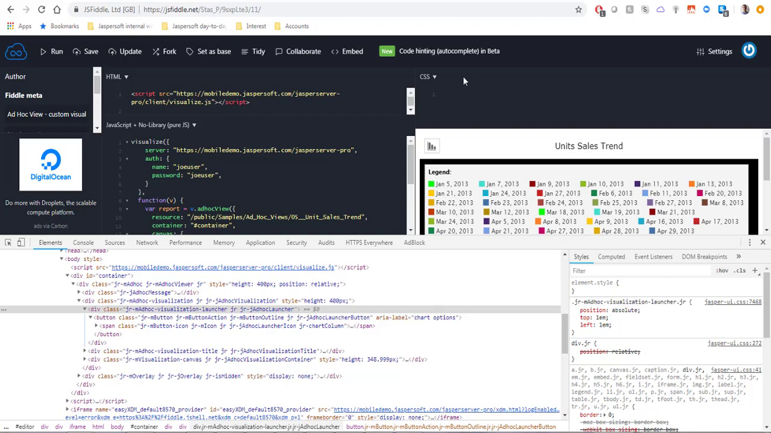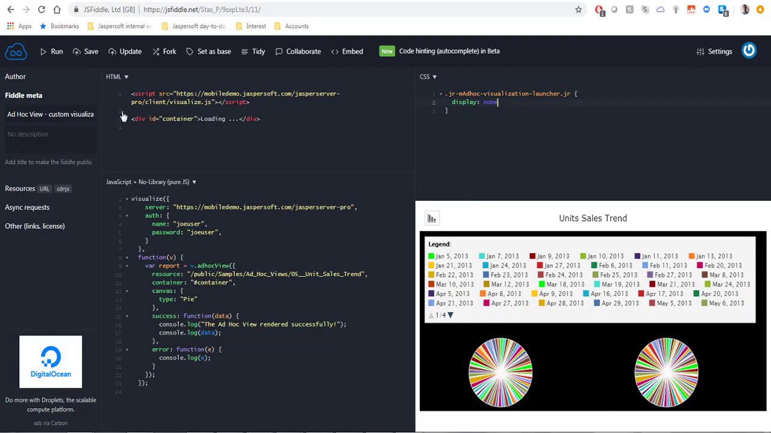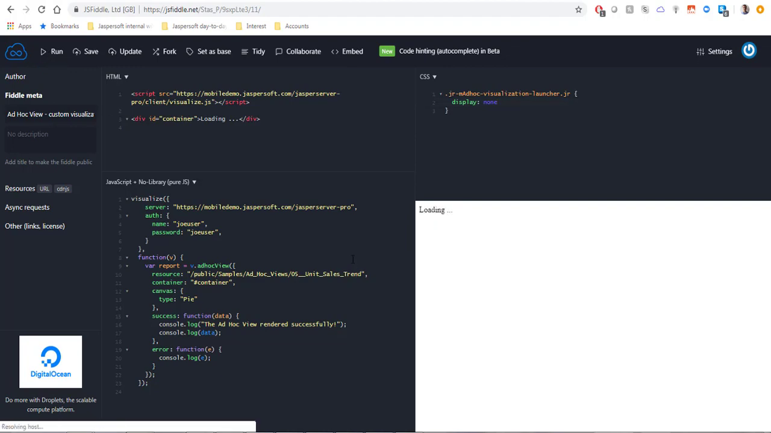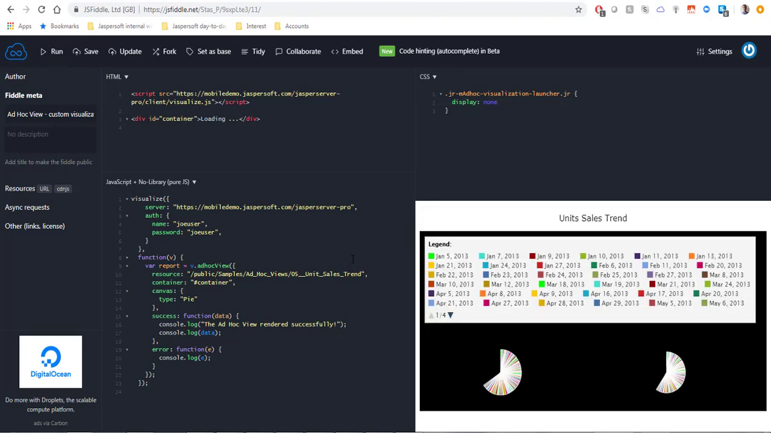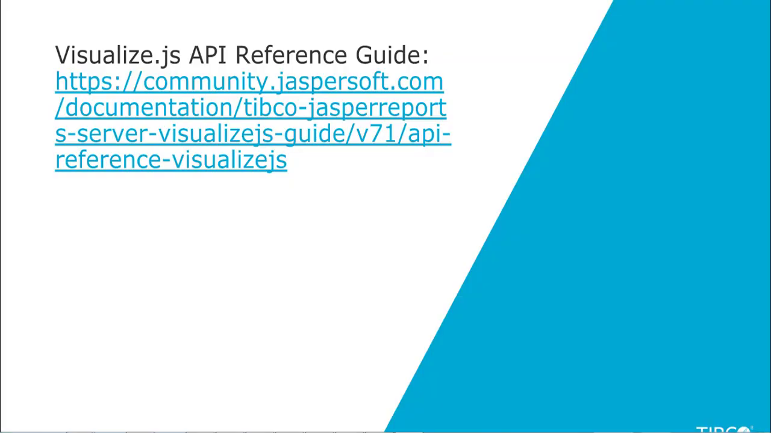So we're going to take this class and we're going to add a CSS rule for the class. And basically what we're going to tell it is do not display elements of this class. And when we run this again, the button's gone. So to summarize, we looked at how to set a custom visualization types for ad hoc views